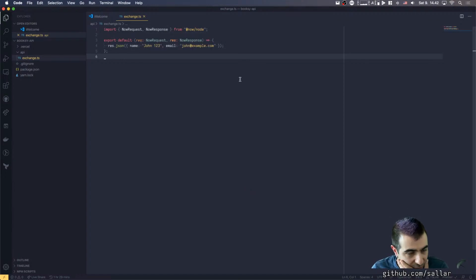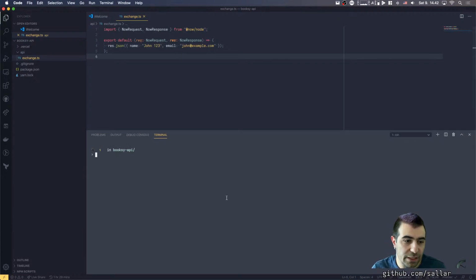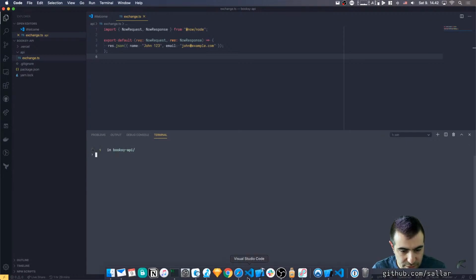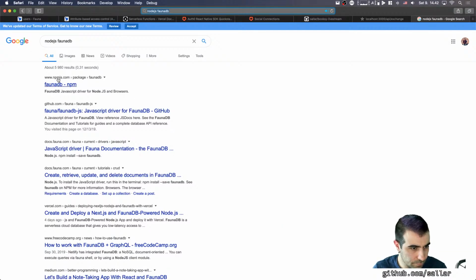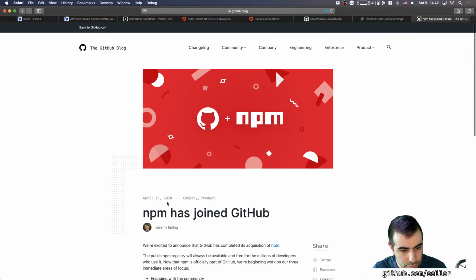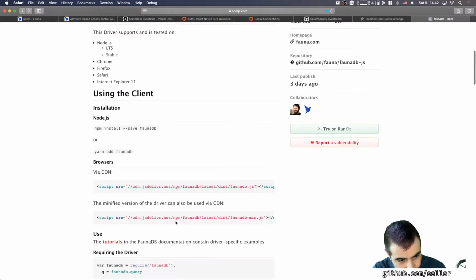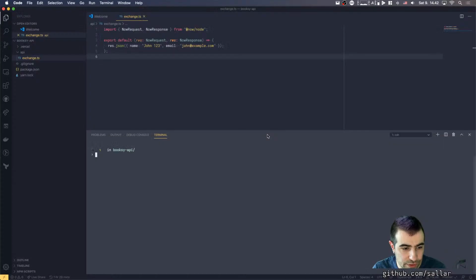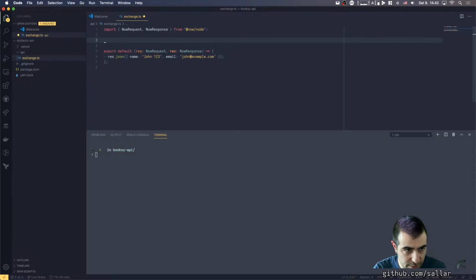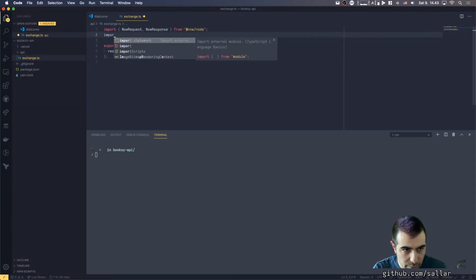So now we want to use this to connect to our FaunaDB project. What I want to do here is yarn add faunadb. Let's check the FaunaDB documentation. Node.js FaunaDB. What? Okay, I did not click on that. So it just says yarn add faunadb, and then what you do is just import it. So how do we import it? Is this import